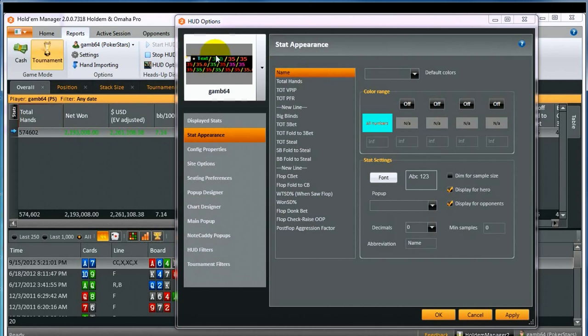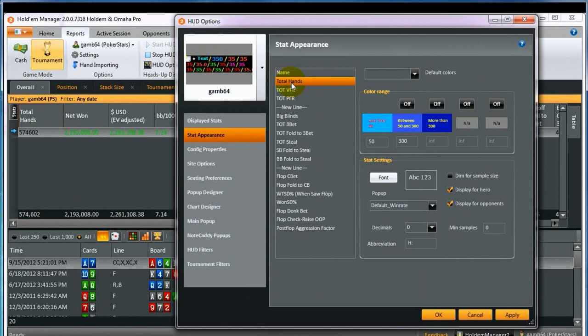To the right of that is the number of hands, which I'll click on now. I showed you how to set this up in part 1, with the shades of blue as the colour scheme. Technically, the number of hands is an important stat as it tells you the number of hands you've played with that player. If that number is less than 50, then you only really need to use the two core stats,